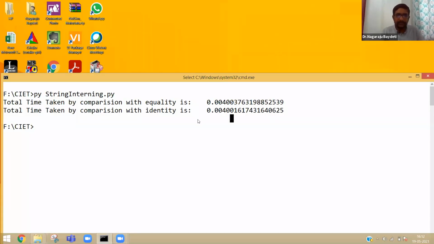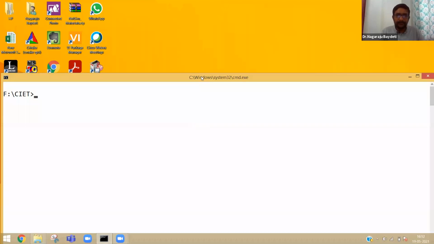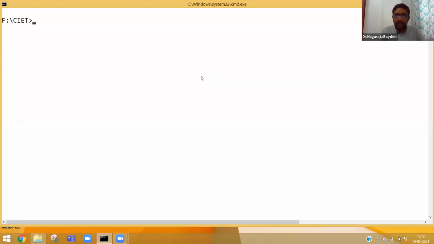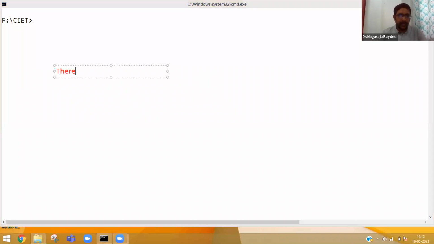So for that, let me try to write brief notes about it. There are few non-primitive data structures in Python. What are these non-primitive data structures?